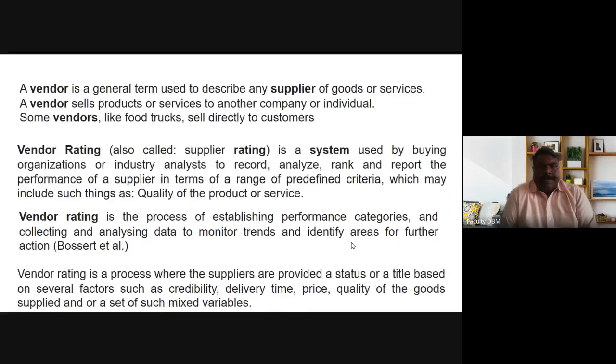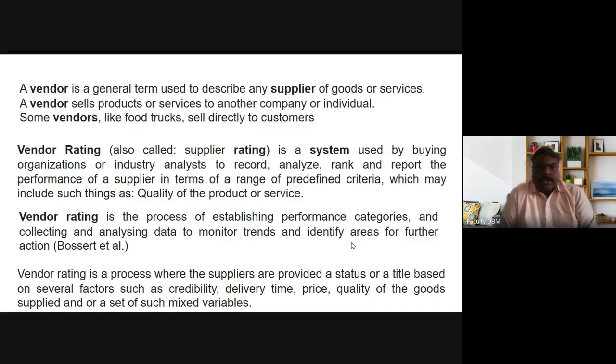So vendor rating, also called supplier rating, is a system used by buying organizations or industry analysts to record, analyze, rank, and report the performance of a supplier in terms of a range of predefined criteria, which may include such things as the quality of products and services. In yesterday's class, we have seen we are going to rate the vendors regarding quality, price, delivery, and their credibility. So here, vendor rating is nothing but supplier rating, which we have to record, analyze,